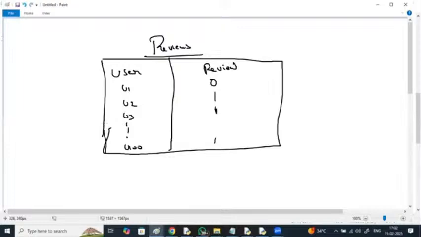Reviewers count from reviews group by review. Output: 1 and 0. Reviews means 1 and 0. How many ones? Say that 90 you got. This 10 you got. 90 people saying the movie is good, 10 people saying the movie is bad. So you can write this, you can handle this kind of data.